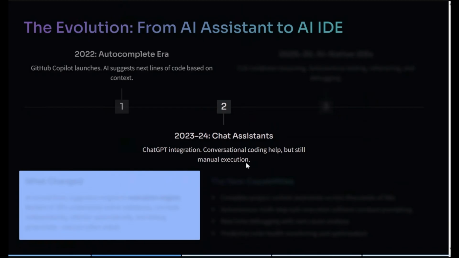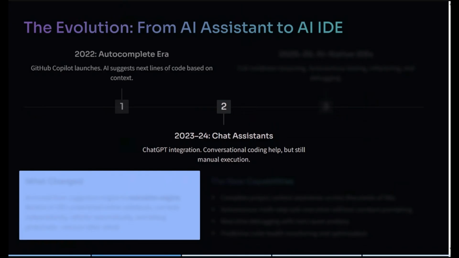Conversational coding. Let's suppose you are writing an automation test case and you need some additional functionality in your code. ChatGPT, Gemini, or Copilot integration helped you just have a conversation, and that assistant would build the code for you. But still, manual execution was required.